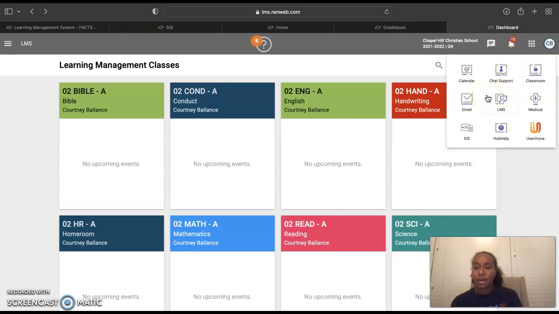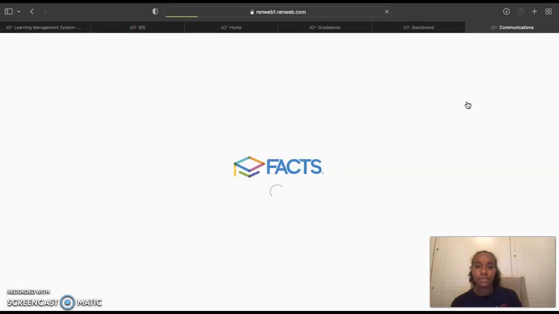Your calendar, I spoke about that when we were inside of the classroom. That's where you can view all the assignments that you have coming up, or on a student level, they'll be able to see what's coming up that's going to be due or in the future, what's due now. Another great feature that this has is email. If you click your email icon,